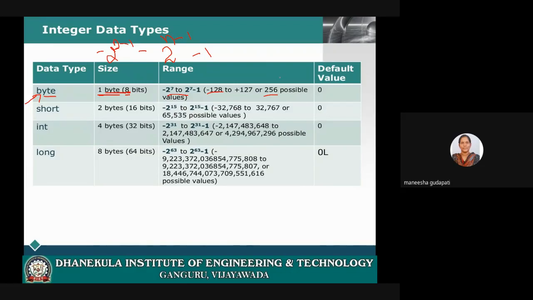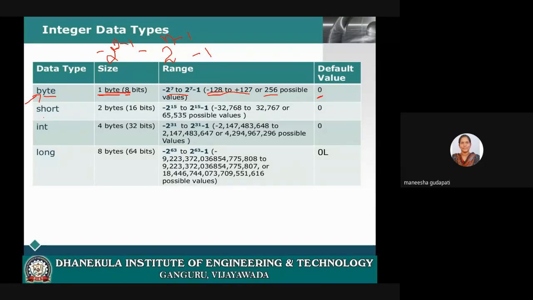So if the value is within this particular range, that means minus 128 to 127, then the value will be stored as it is. If you go out of range, then the garbage value will be stored in that particular variable. By default, the value will be 0. If you declare any variable of type byte, the default value will be 0.